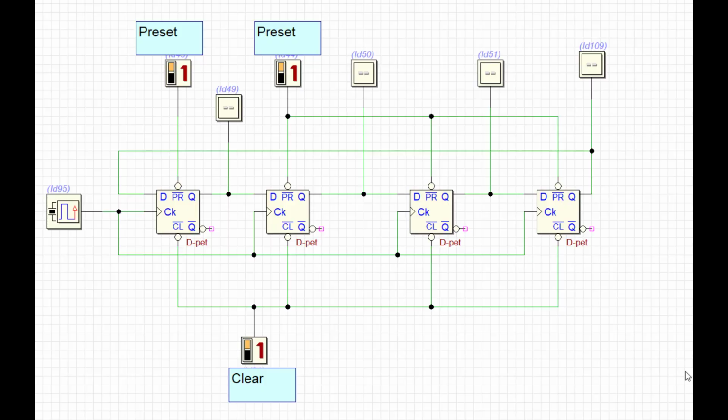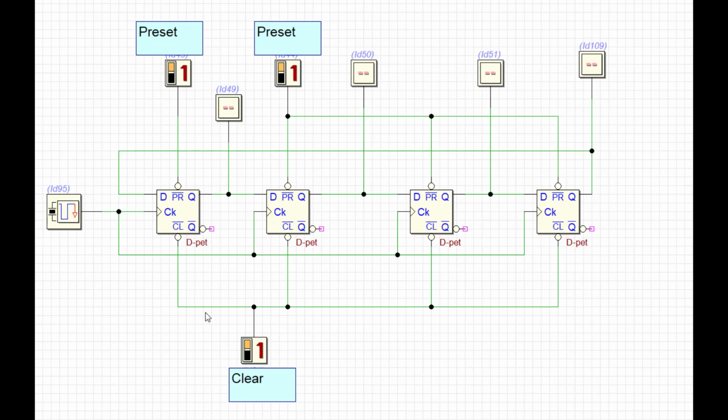So this is the circuit which we discussed till now. If you observe carefully, these are my 4 D flip-flops. I have given the last flip-flop output as input to the first flip-flop, and these are my Q0, Q1, Q2 and Q3. My clear input is common for all the 4 flip-flops. But for the preset, for the last 3 flip-flops I have given a common preset, and I have given a separate preset for the first flip-flop because I want to make this flip-flop output 1 before my counting starts. Okay, so I am going to run the simulation and try to show you.